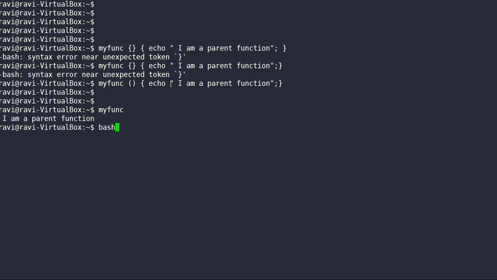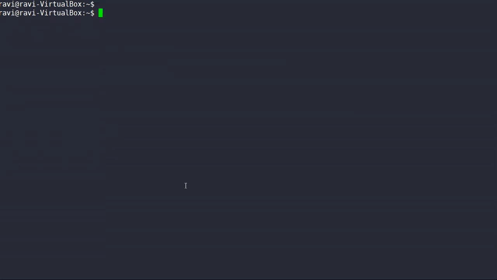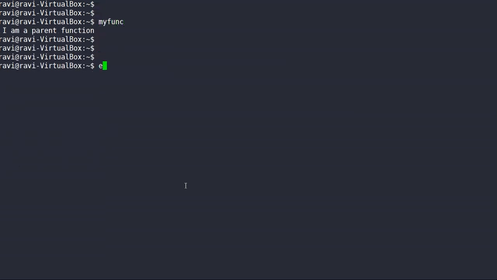If I spawn a new child process from here and execute myfunc, the command is not found. So if I want to export this, this is my parent shell, I can do export -f for my function.